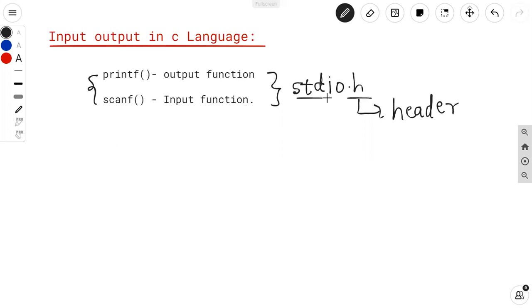stdio.h. Okay, standard input output header file. Okay, that's it. Suppose I want to print one message on the screen, then how am I using the printf statement? As we know, if I want to print a message on the screen, then I can use the output function printf. So here I'm using printf, then opening rounded bracket, then double quote. Always remember, suppose you want to print a message and that message is in the form of a string, meaning a sequence of characters.